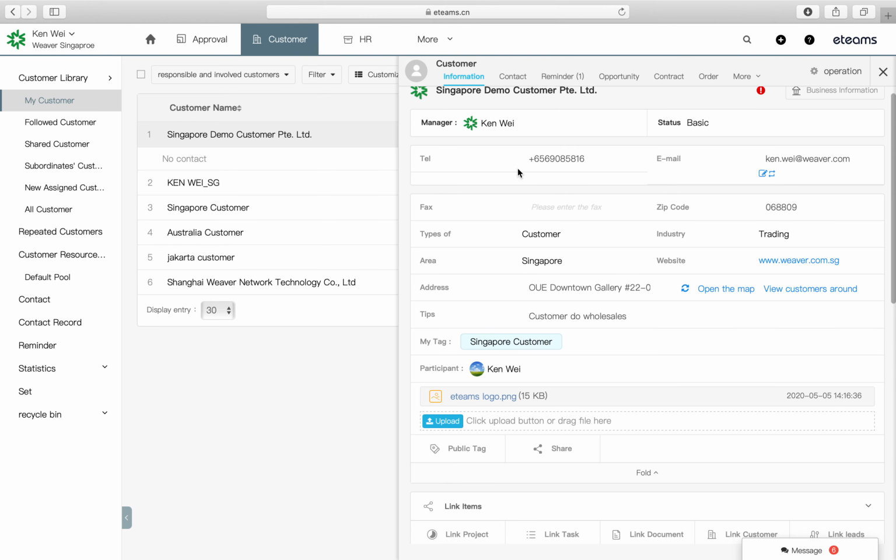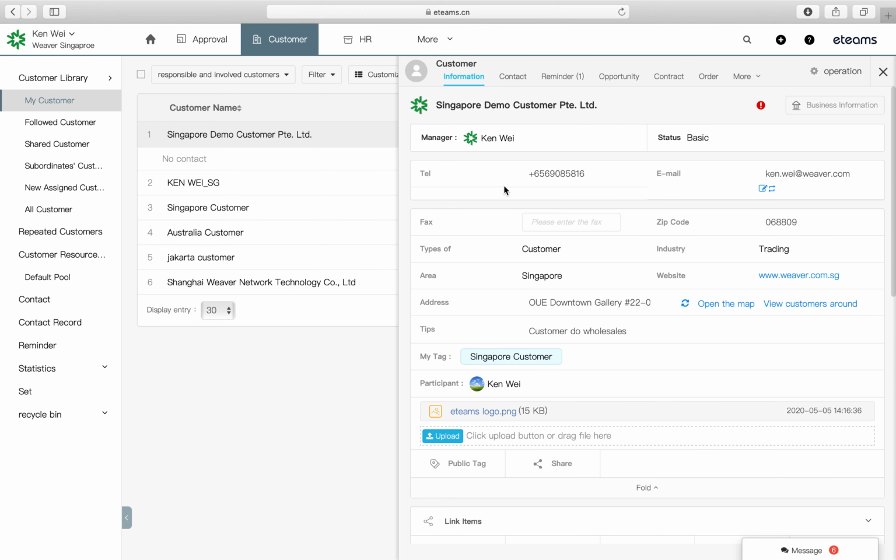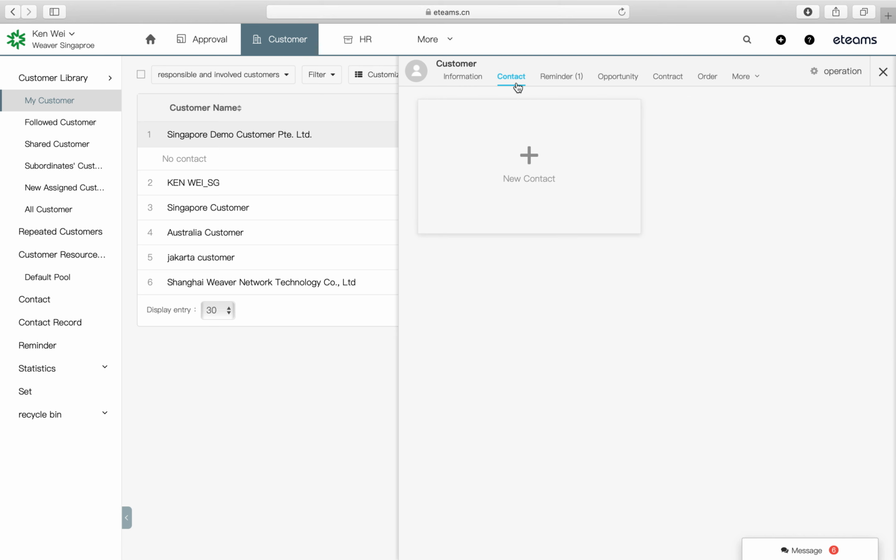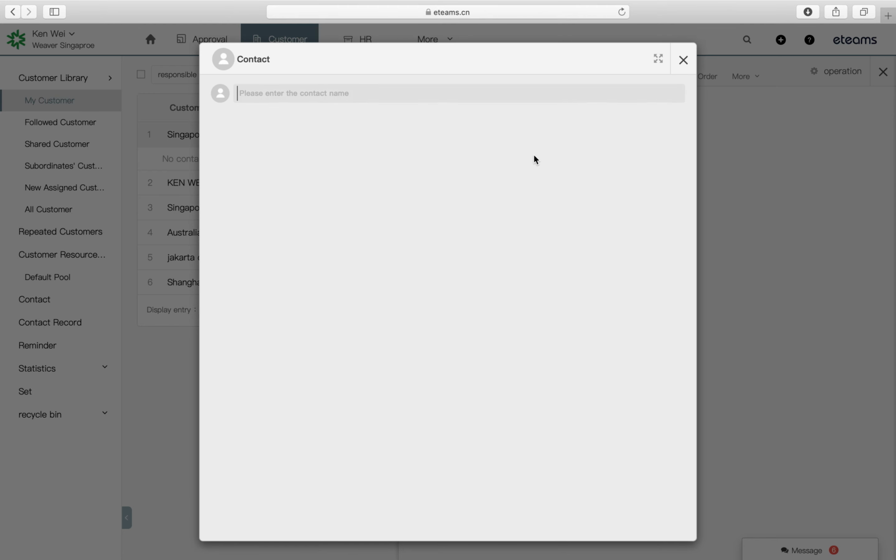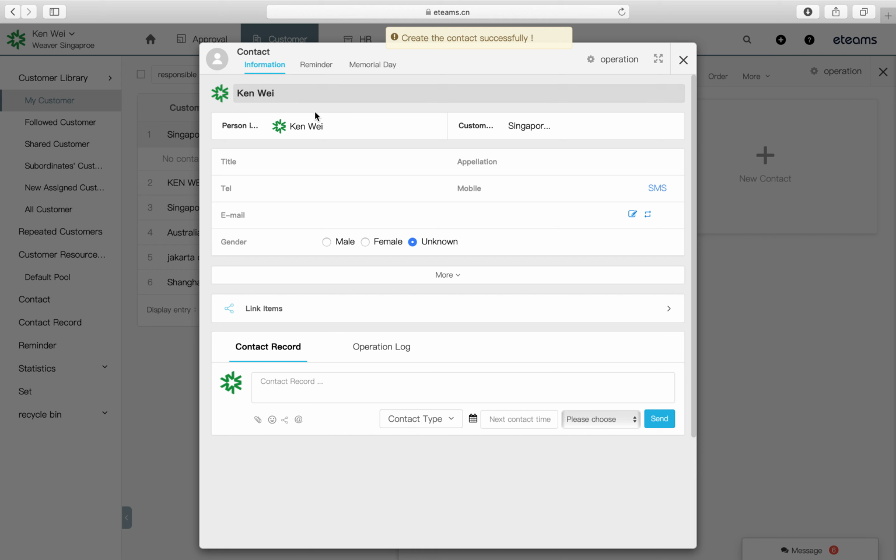So inside the customer, we can also, because here is only the customer, manage some contact information. A contact is a person attached to this customer. Who is the key person you're going to contact? You can add multiple. Here we can add one. Maybe the contact person is called Ken Wei, and then enter the title. We can manage the title. The title is maybe general manager,